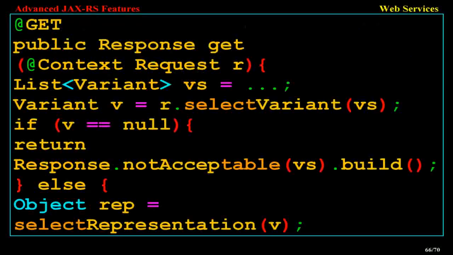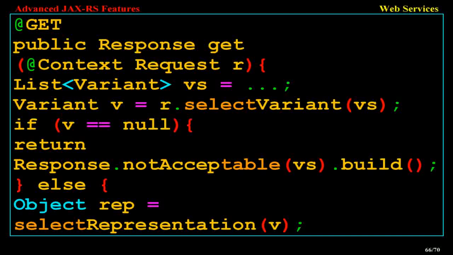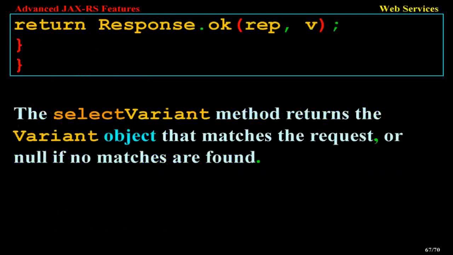@GET public Response get(@Context Request r) { List<Variant> vs = ...; Variant v = r.selectVariant(vs); if (v == null) return Response.notAcceptable(vs).build(); else { Object wrap = selectRepresentation(v); return Response.ok(wrap, v); } }